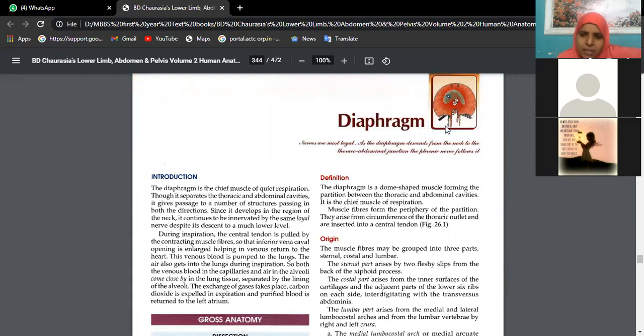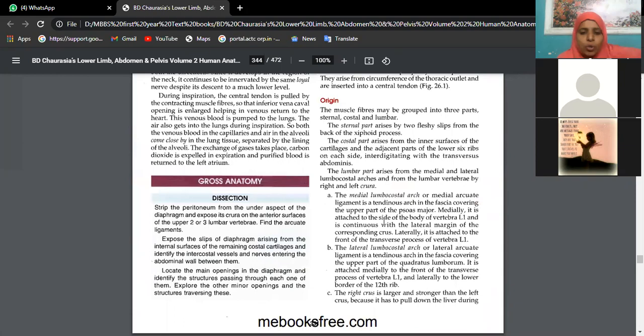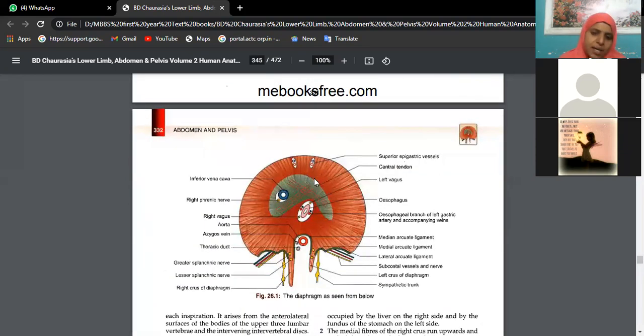The diaphragm is a partition seen between the thorax and abdomen. As Ritika is telling, it has three openings. Before that, we should know, because it's a muscle separating the thorax and abdomen, we should know the origin and insertion first. If a question comes like thoraco-abdominal diaphragm, we should write its origin, its insertion, its nerve supply, its action, and its openings. Okay, beta? It's a vague question. He didn't specify anything. He just gave it for 5 marks. So if it is for 5 marks, it's better you write under these headings.